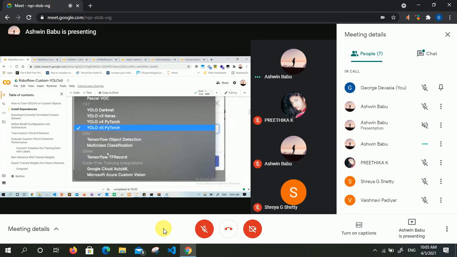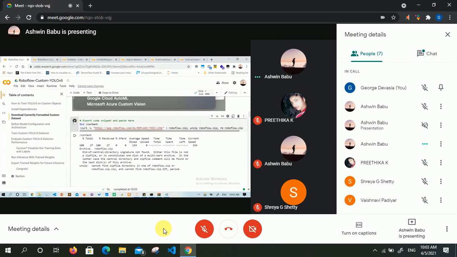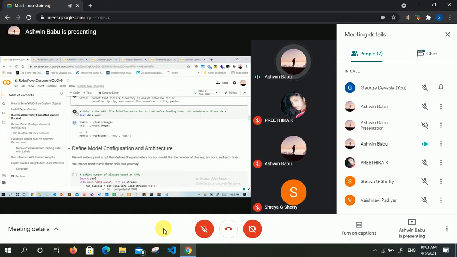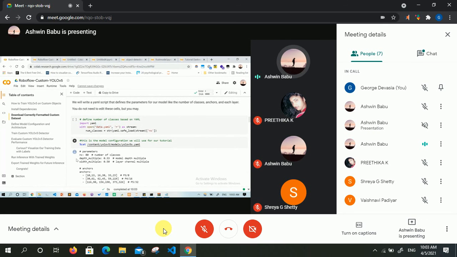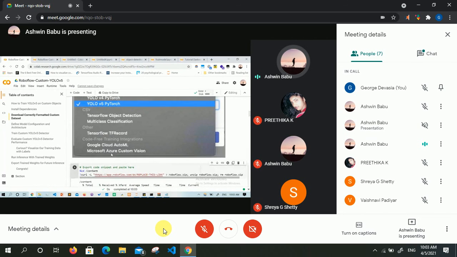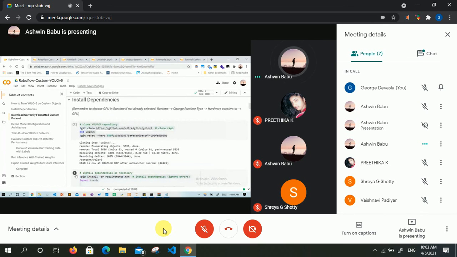Now we are going to execute our next cell. This is for getting the data set. We will be clicking this one. The data set is executed. Then the next cell, then the next cell. That's how you need to execute it. Not like a normal Python program. In a normal Python program, you execute the program once, but here we need to execute each and every cell separately. Is everything fine?